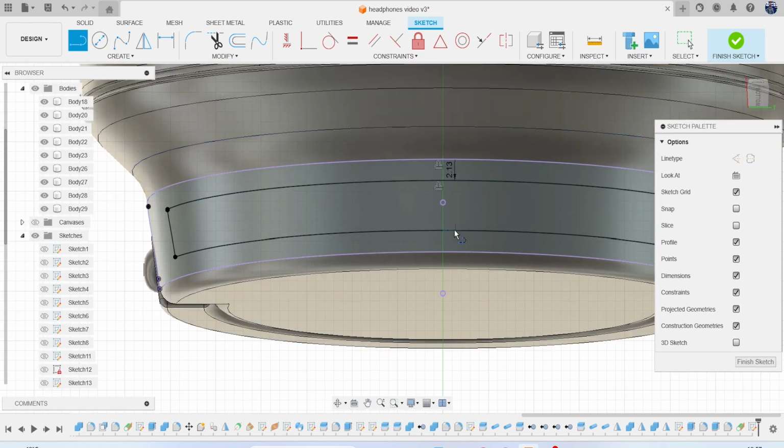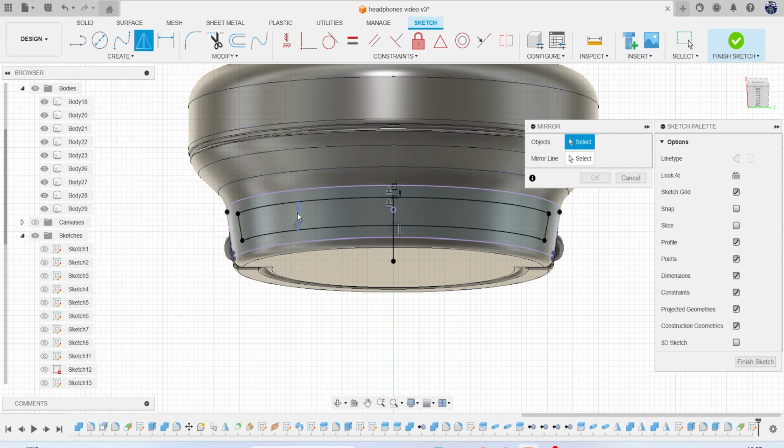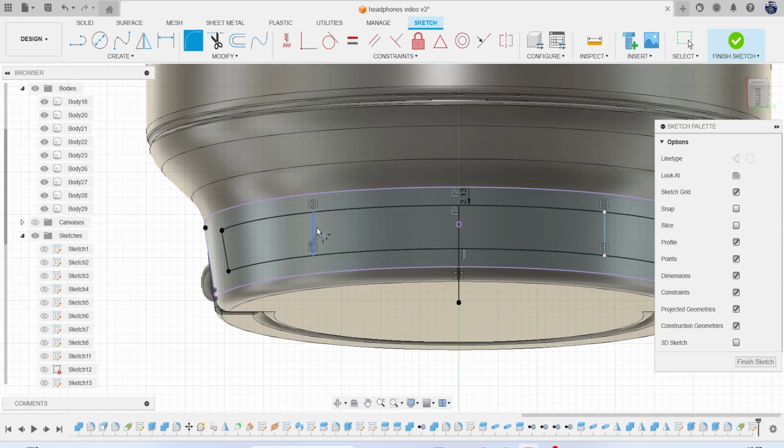Then if I find the middle, it's just there. Let's mirror that across so it's in the same place. There, and then